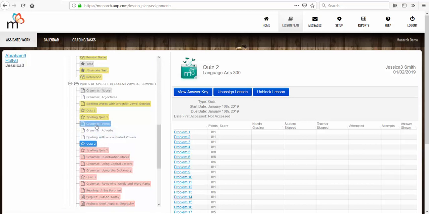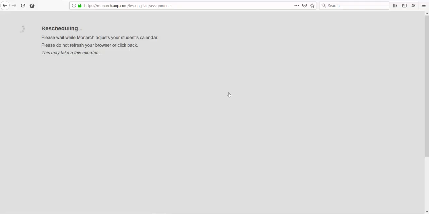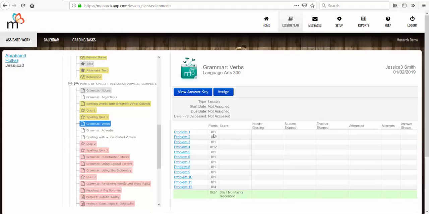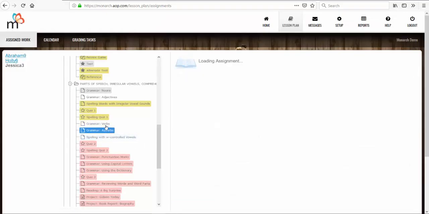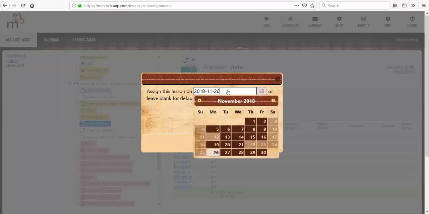They can also unassign. So maybe this grammar verbs lesson, maybe we're going to unassign it. So maybe for whatever reason, I've decided that I don't want my student to complete this, I can go ahead and unassign it here. Now, if I choose to reassign it by clicking on assign, I get to select the